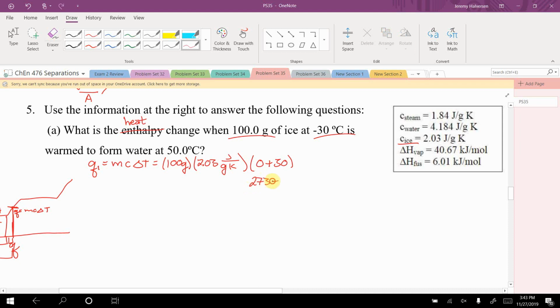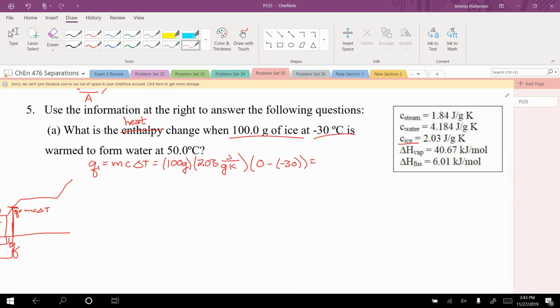I'm going to get 273 plus, so this is minus negative 30. So I would get 273 minus negative 30 plus 273 will give me 243. Okay, and you'll notice the difference between 0 and negative 30 is a change of 30, right? And the difference between 273 and 243 is a change in 30. Okay, and so it doesn't really matter if you convert it to Kelvin, so that's why I did it. Okay, but this is going to give me my Q1, which is